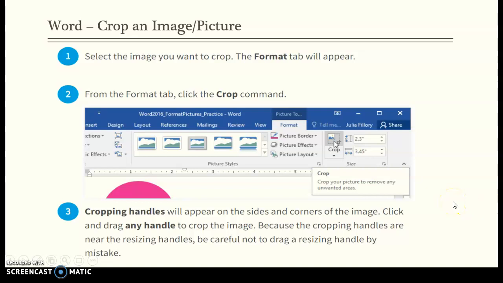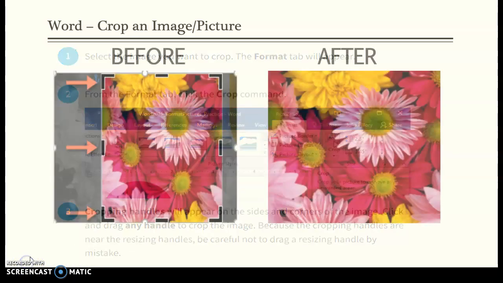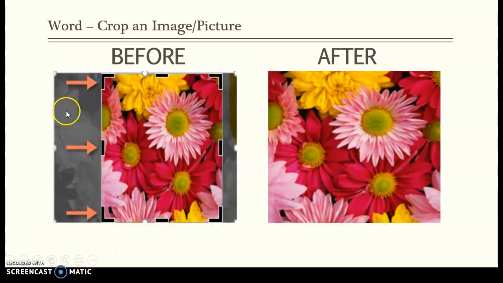Another pretty neat feature is cropping, just like you would crop pictures if you have a picture with family members and there's something in the background that you want to remove. You can use these markers that I'll show you in a minute to crop them out. So you can do that as well with pictures online. So if I wanted to get rid of the excess pictures on the side, I would use these markers again, choose crop